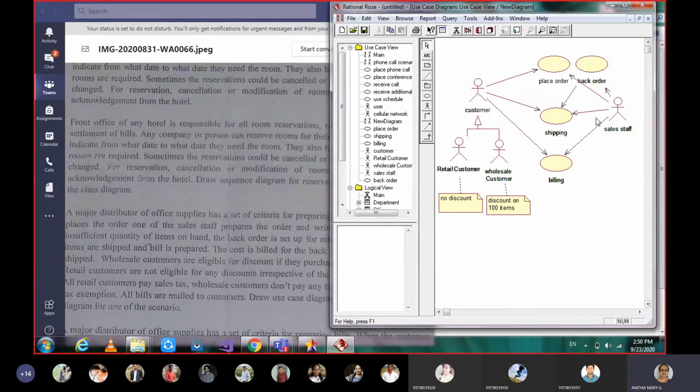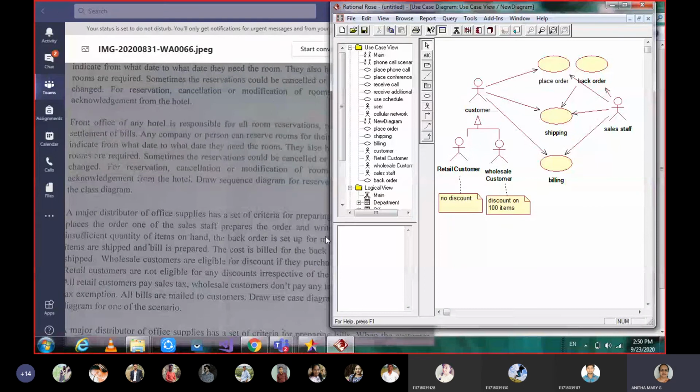So sales staff will be there. As a user, how you are using the system and doing. So in order to update you in the system, so somebody has to work, no? So he will prepare the bill for how much you have ordered and all. So he will tell you how much you have to pay. So sometimes they may say take product and then pay, or only sometimes before, if you pay only, we'll start shipping. Yes or no? It depends on the process how they follow. Okay, it may not be same for all the things, right?